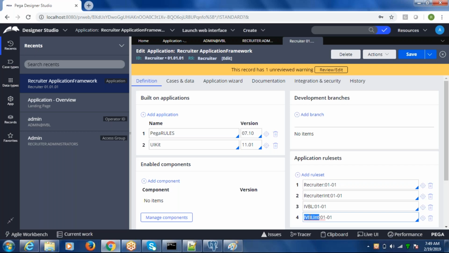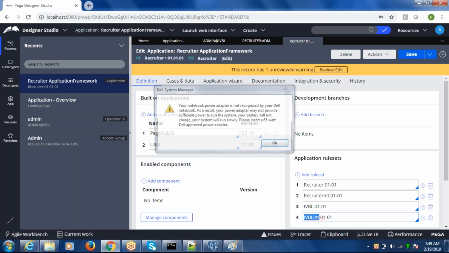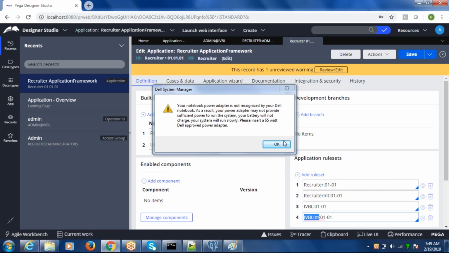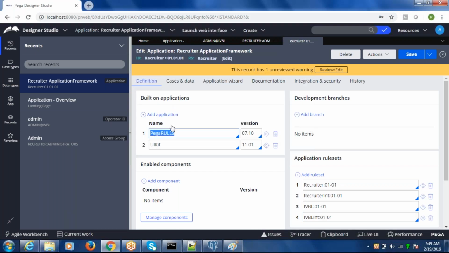You may have multiple applications which are created on top of one another. By default, the underlying application is Pega rules. So Pega rules is the base application to create any new application.